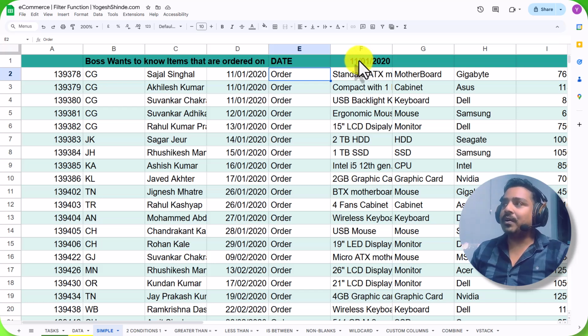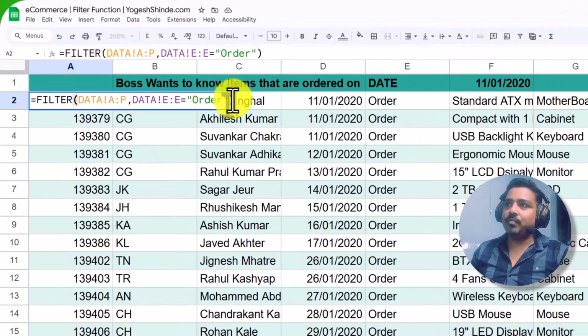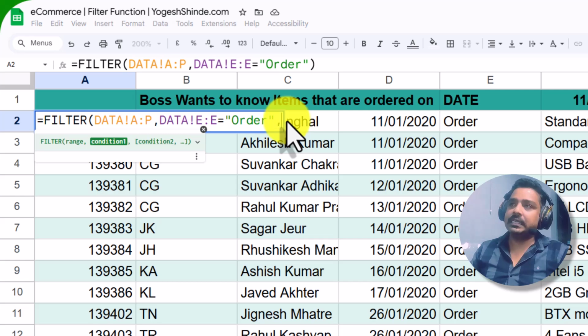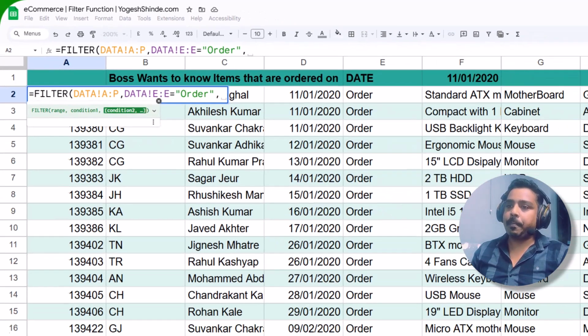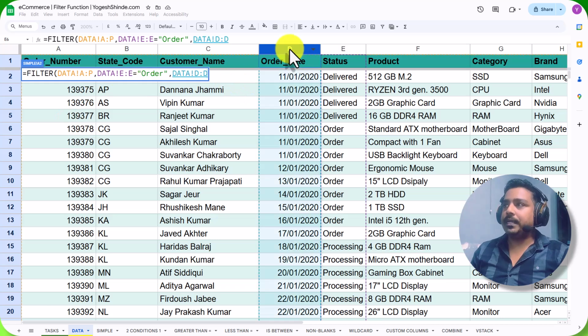are ordered on 11th January 2020. So let's modify the formula. I will insert a comma here and give the second condition, that's the order date, that's column D in the data sheet, should equal to